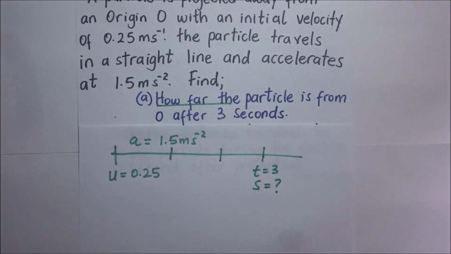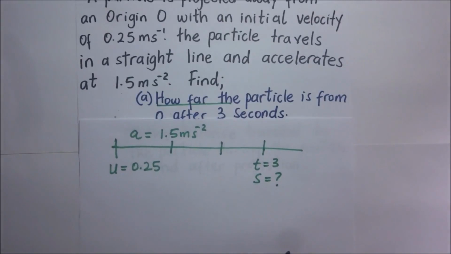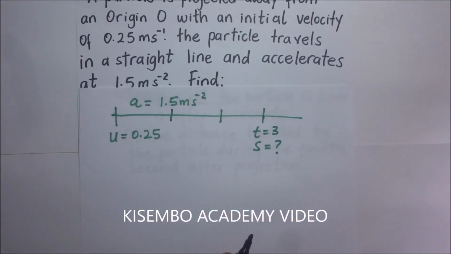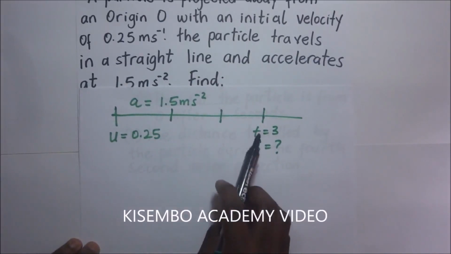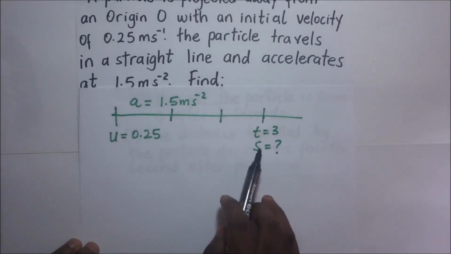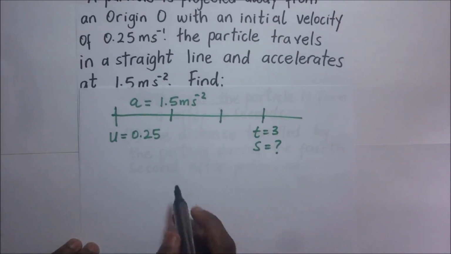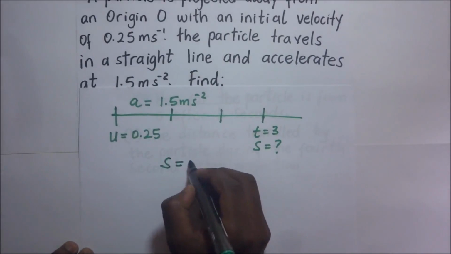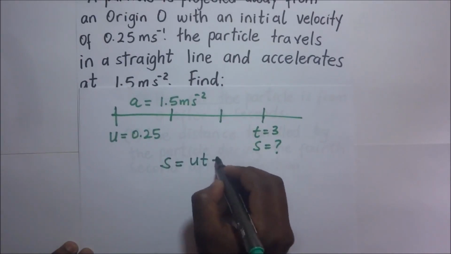So of course here, from our equations of motion of constant acceleration, those equations we derived earlier, we shall pick one of them that is suitable to help us get the answer, one that is having t, a, u, and s as well. So from that we will know that we shall pick this one, s is equal to ut plus